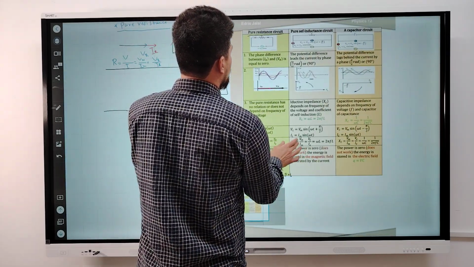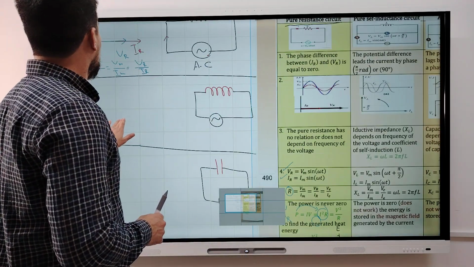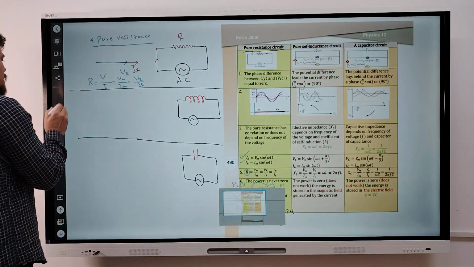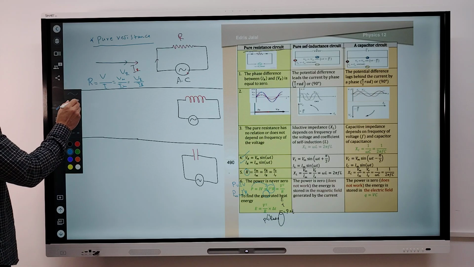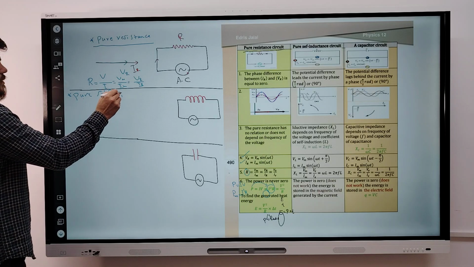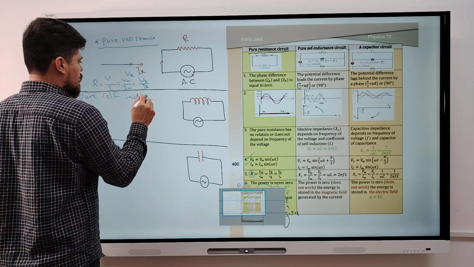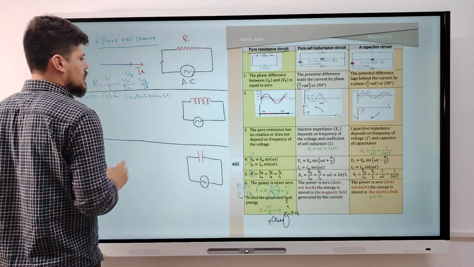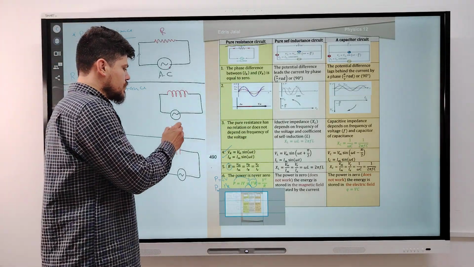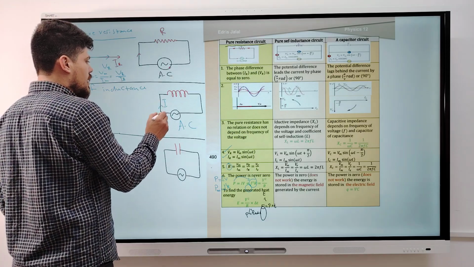The second one is about the pure cell of inductance. In pure cell of inductance, when the coil or inductance is connected with an AC source, so the current I